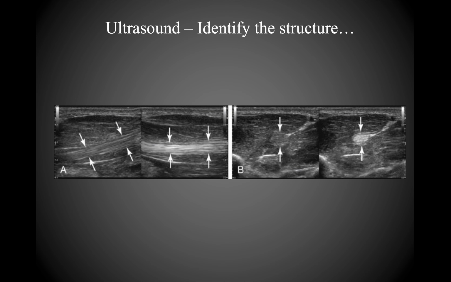Now looking at the right-hand image, once again, this is another tendon, this time in the forearm. This is the flexor pollicis longus tendon, and so you can once again see on the left-hand image you have this hypoechoic appearance to it. And on the right, as the ultrasound probe's orientation is changed just slightly to where it's exactly 90 degrees relative to the tendon, then you get that nice hyperechoic appearance of the tendon. So again, you can see how challenging it can be to identify exactly what it is that you're looking at